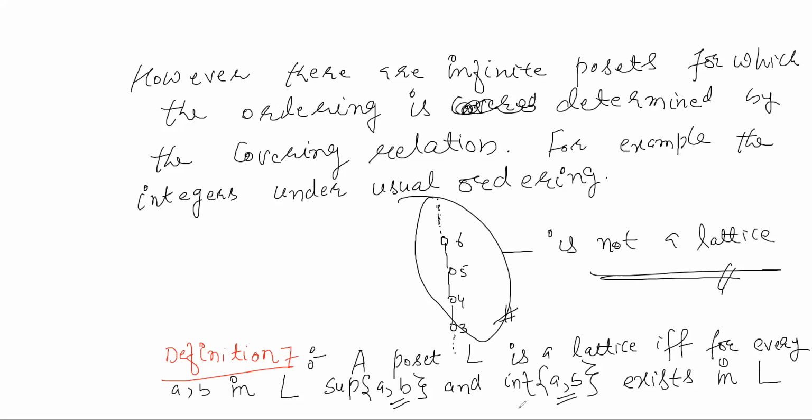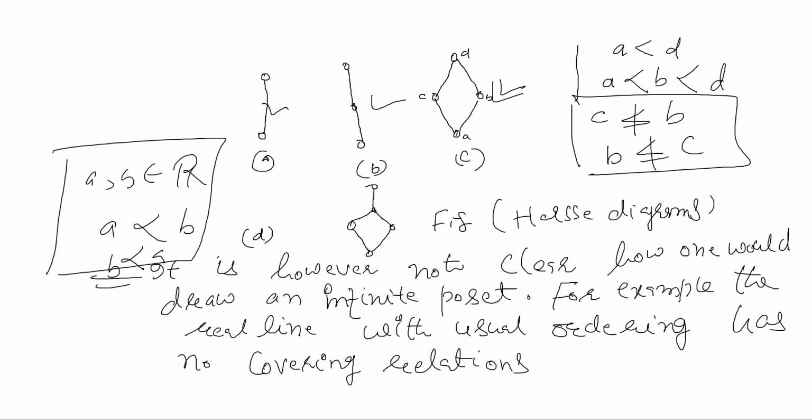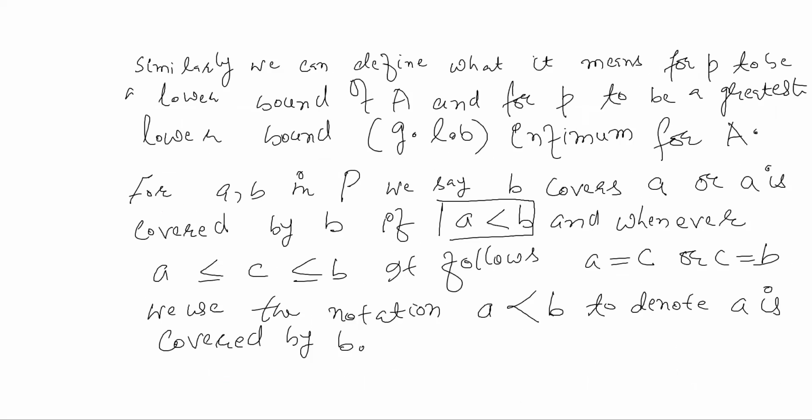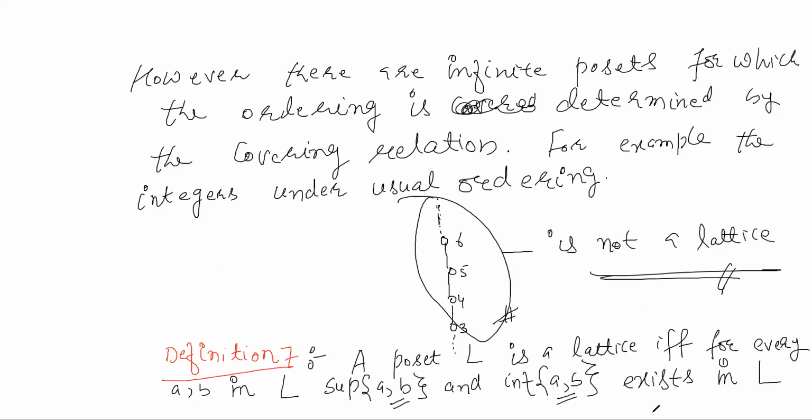Okay, so we have given two approaches to lattices. First, a lattice is actually a set equipped with the two binary operations of meet and join, such that certain relations are satisfied, certain identities are true. And second is the alternate approach coming via posets. A poset L is a lattice if and only if for every A, B in L, sup AB and infimum of A and B exist in L. So this is the alternate definition of a lattice.